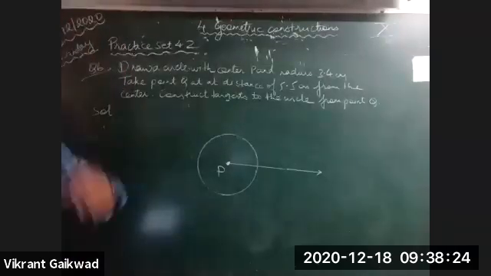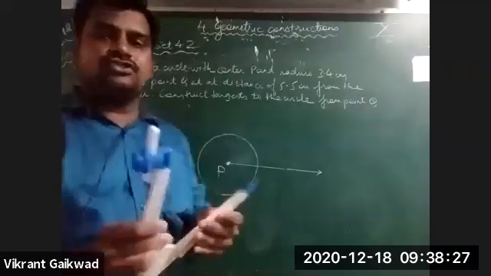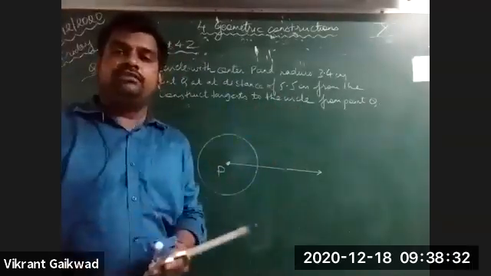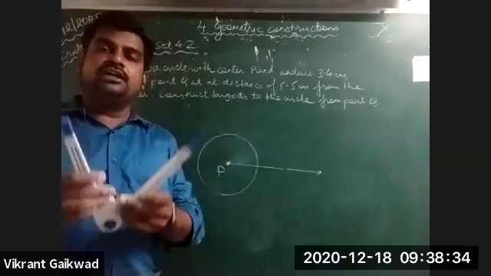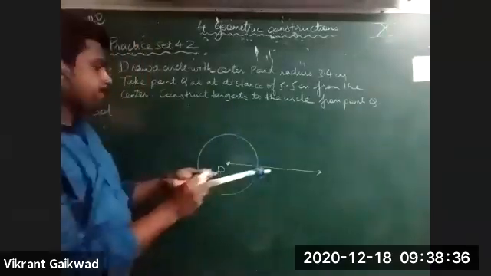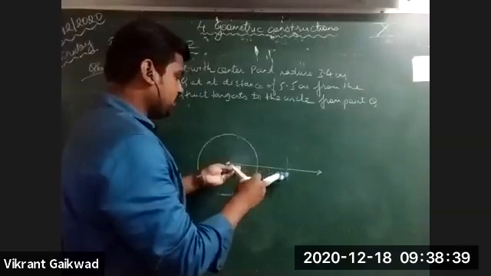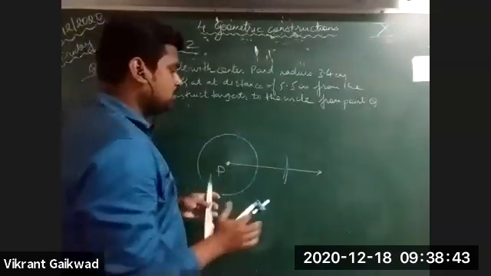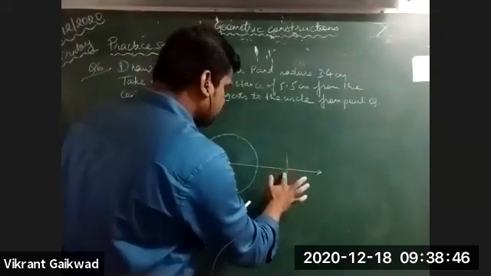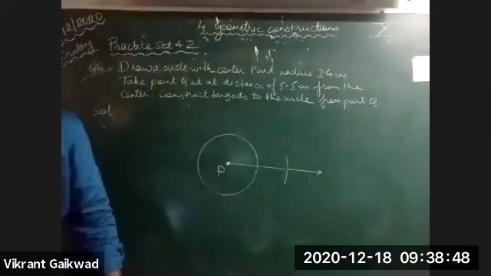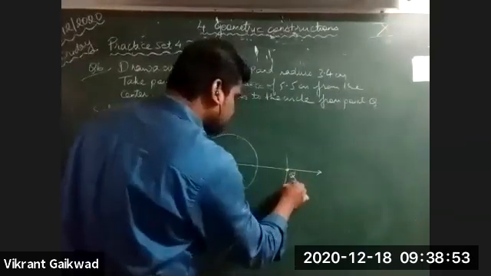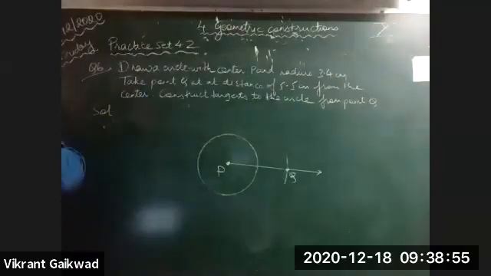Okay. So what I'm going to do is, I'm going to take a distance of 5.5 on my rounder from point P, and draw an arc. Understood? So what happens is, the arc where it intersects the drawn line will give you point Q. Is this clear to all the students?